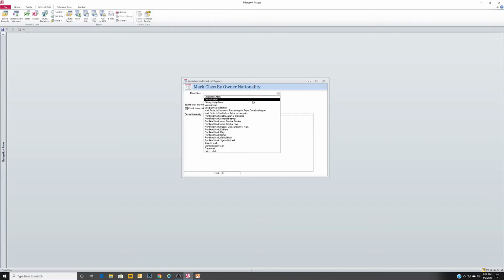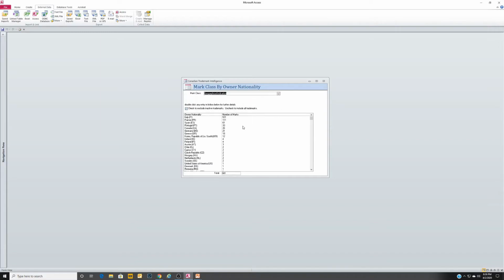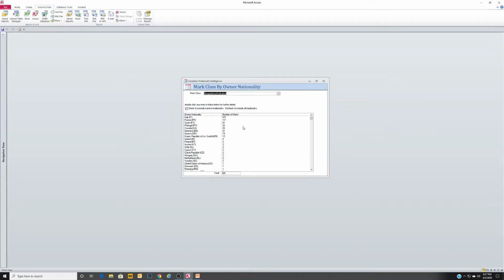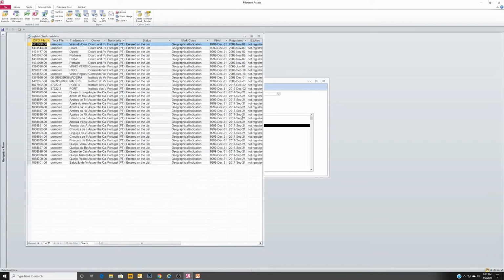I'll pick geographical indications, and here they are. Right away, you can see that there are currently 841 active geographical indications. That's the total at the bottom. And we have a convenient breakdown by owner nationality here. Again, I can double-click any of these. So let's try Portugal. And here